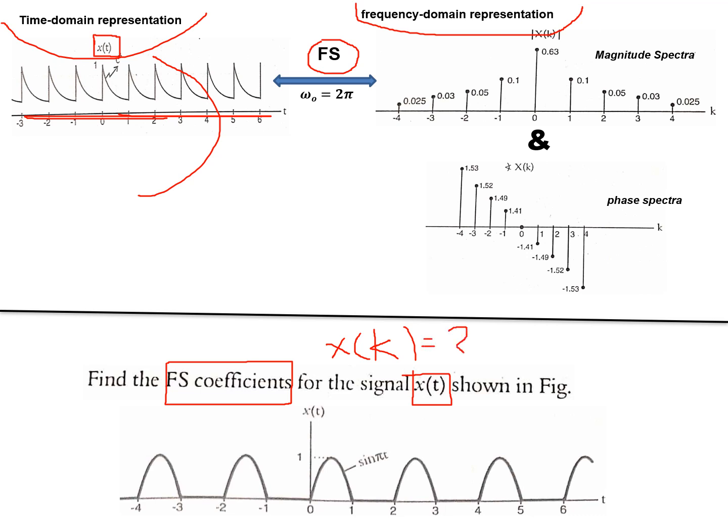Have a close look at the given signal. First of all, confirm that it is periodic. You can use Fourier series only when the time domain signal is periodic, not when it is non-periodic. If it is non-periodic, you have to go for Fourier transform representation.